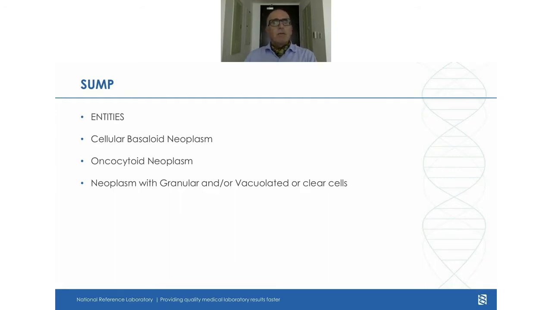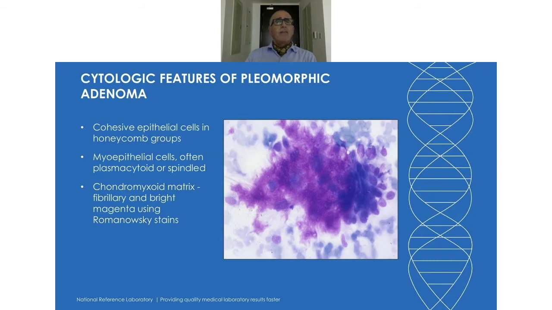The neoplasm of undetermined malignant potential are usually cellular basaloid neoplasms. And you might recall the ones we've seen today, case number 1 was pretty basaloid. It wasn't oncocytoid, and it didn't have granular vacuolated or clear cells as well. The metachromatic material which you've seen in the first 2 images of the case might resemble superficially the material which is so common in pleomorphic adenoma or mixed tumor of the salivary gland,